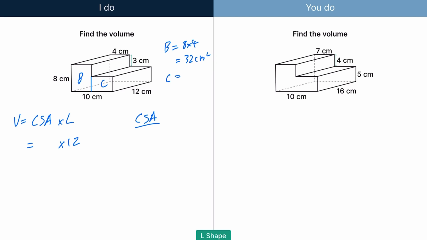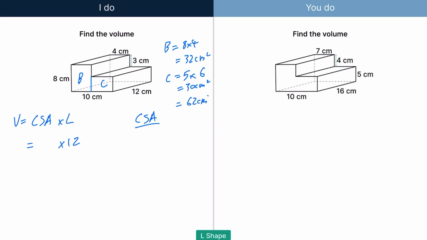Now with C, it's this bit here. So I can see that this height here is going to be 8 minus 3. That will tell me what that is there. That's 5. So I've got the height of this. So that's done. I just need the width. Now I know the width from here to here is 10, and I know from here to here is 4, which means this must be 6. So that's 30 centimeters squared. So I know in total it'll be 30 plus 32, which is